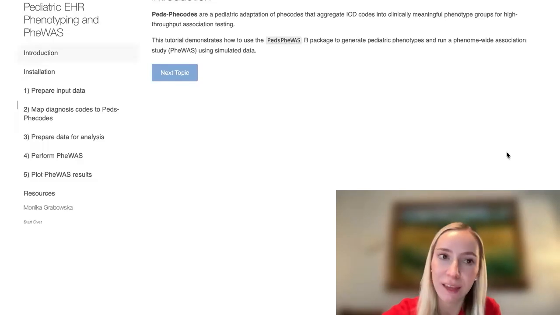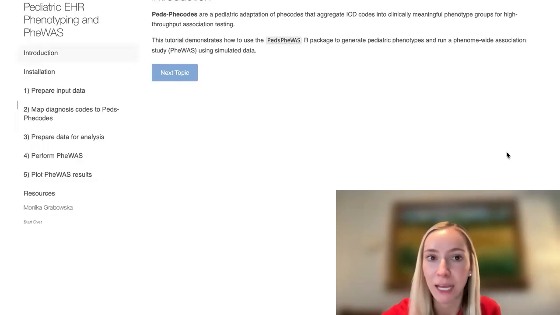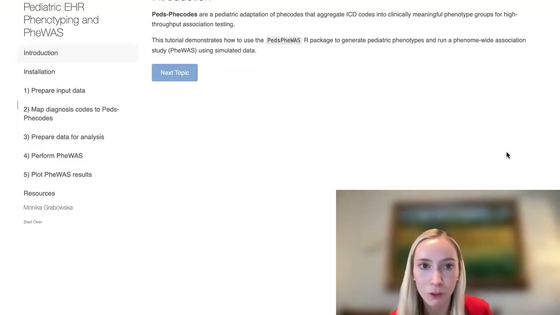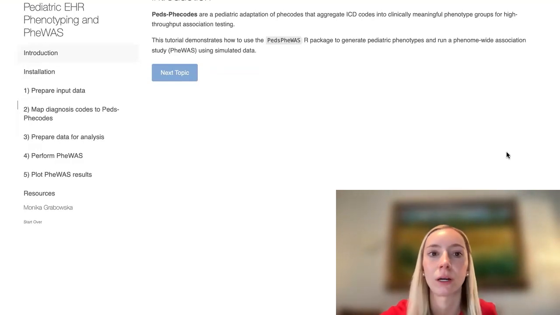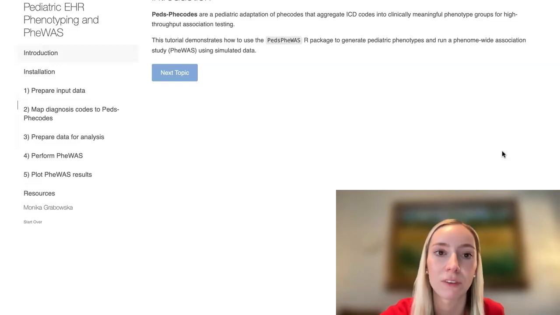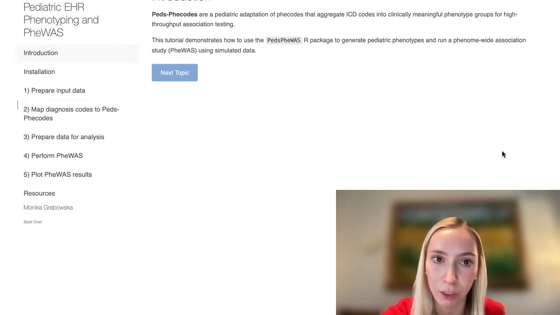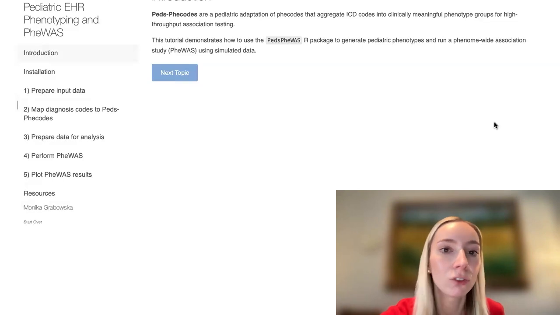Hi everyone, I'm excited to present this tutorial on using pediatric phecodes for electronic health records phenotyping. While the original phecodes are great for analyses in adult populations or general population level analyses, there are specific adaptations required for pediatric research, which is why we developed the pediatric phecodes, or Peds-PheCodes, from the existing phecodes. In this tutorial, we'll walk through how to use the Peds-PheCodes package to map ICD codes to